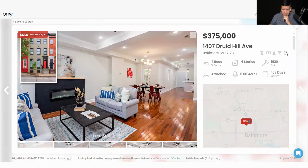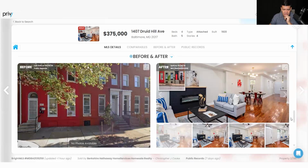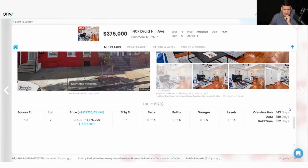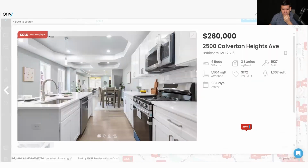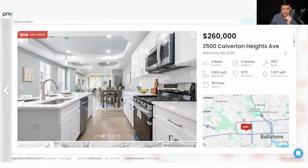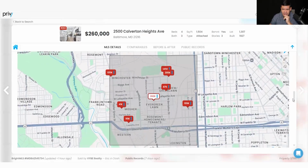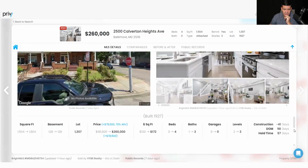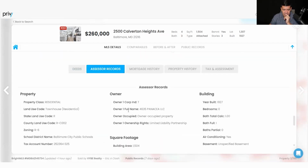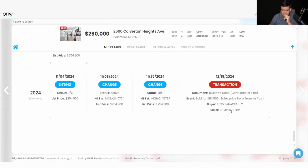Here's another property that was flipped. Okay, let's see if we can find one that has good numbers. This one was another off-market deal. So part of the research is understanding what percentage of ARV you want to be at to be competitive. Part of it is, I can't remember who it was earlier, was talking about doing wholesaling, building a